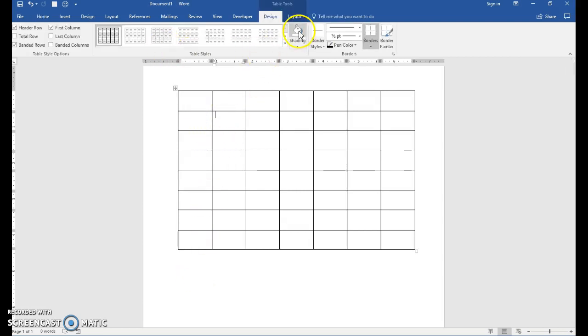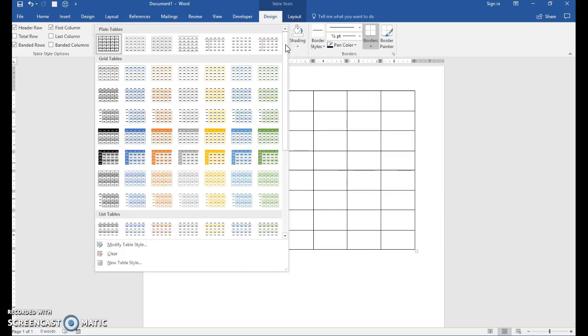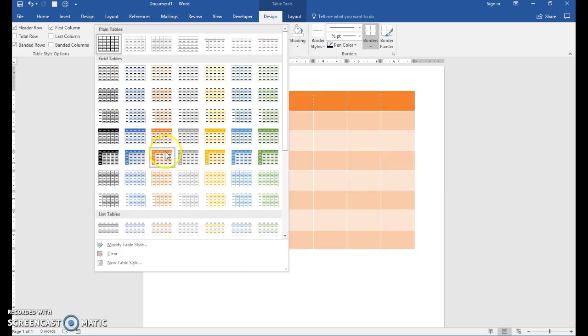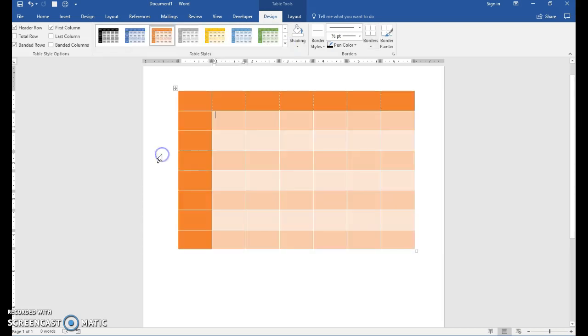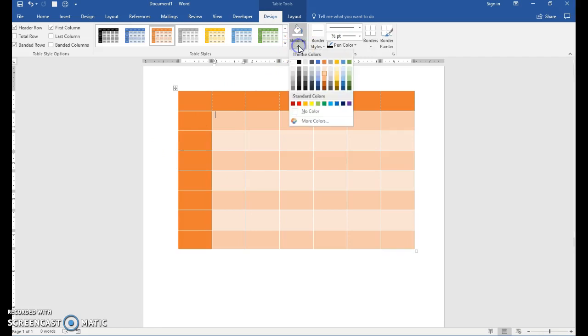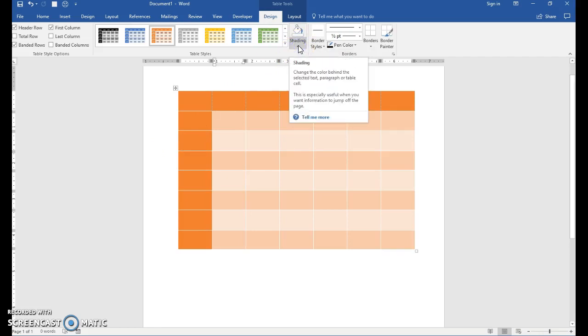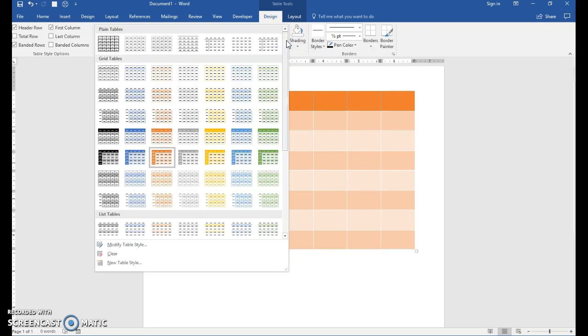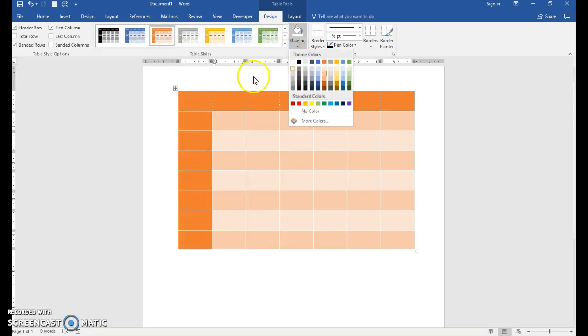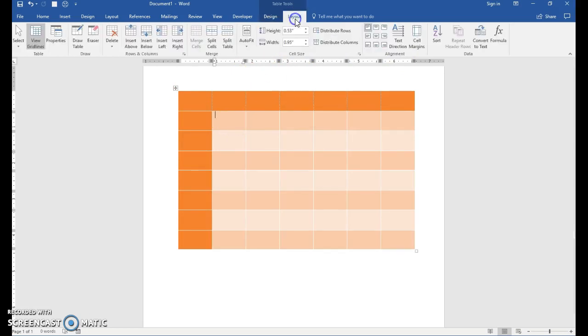All right, so a couple of things in the Design and Layout tab. You'll notice that these are your preset designs, if you want to add coloring and shading. I believe for one of the assignments it's going to have you add some. And then you can even play with different shading colors and options, but these are already preset ones for you that are easy to add quickly. And then you can make a lot of other changes that way. And then on the Layout tab,